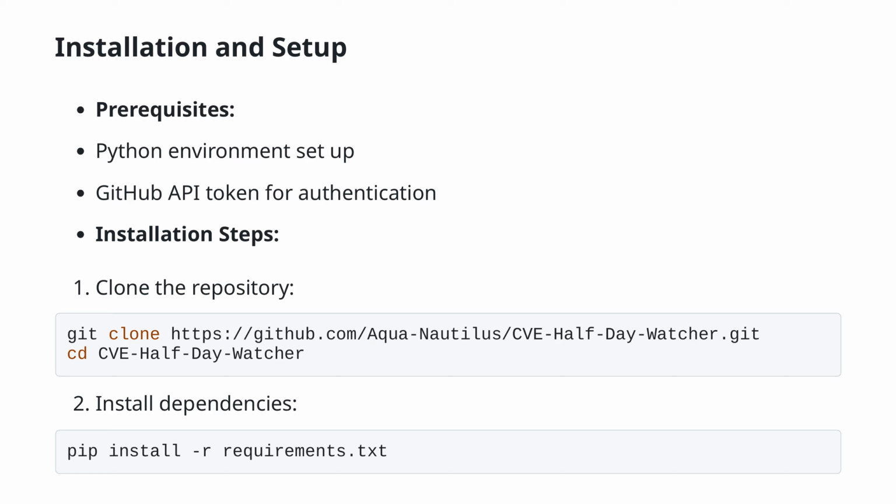This slide focuses on the installation and setup process for CVE Half-Day Watcher. Before getting started, ensure you have a Python environment set up and a GitHub API token for authentication. For the installation steps, start by cloning the repository using the command git clone